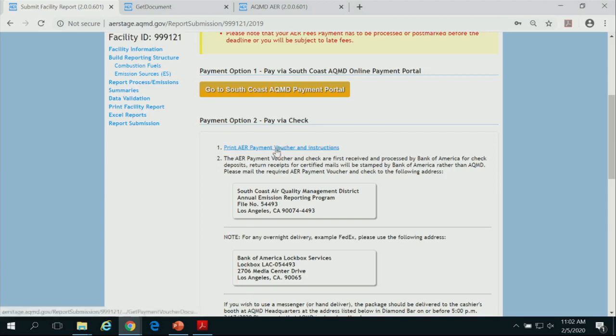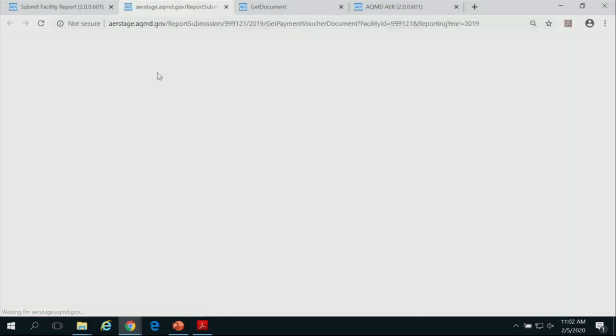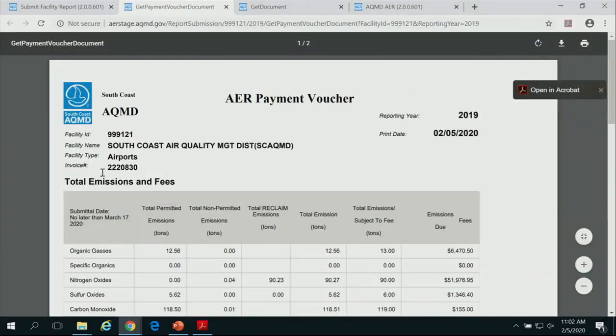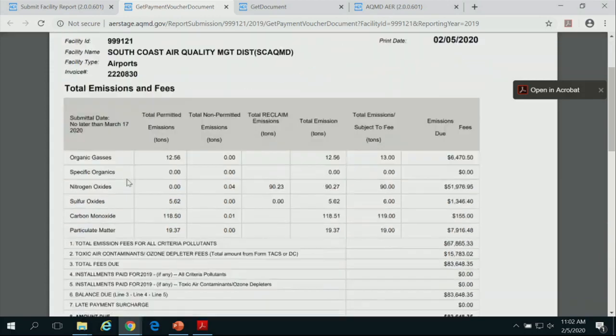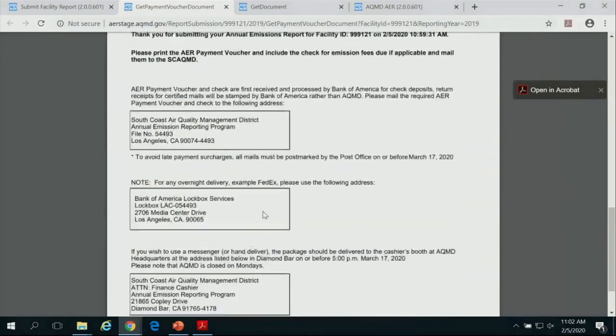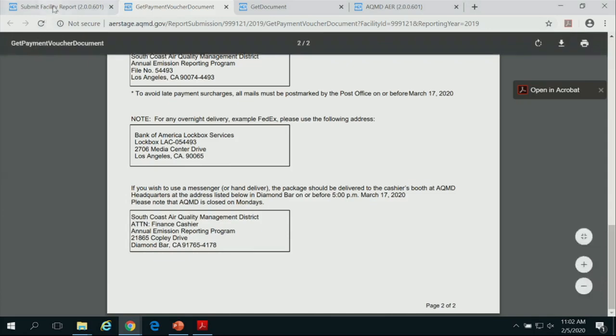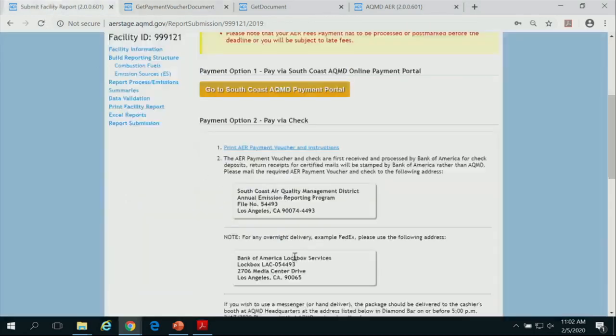You click on it and it opens a 2-pager, which tells you the invoice number, so our finance, once they get the check, knows what it is for. It also has a disclaimer, and depending on the delivery service you're using, the address is provided here.